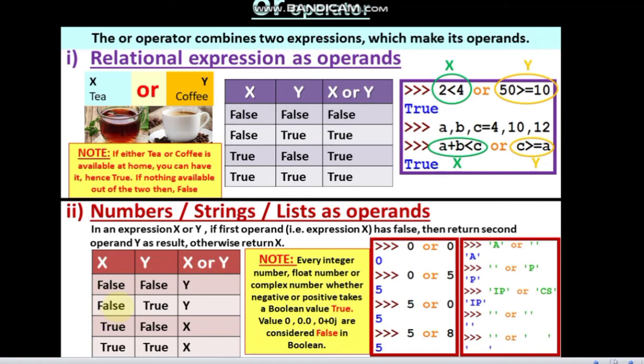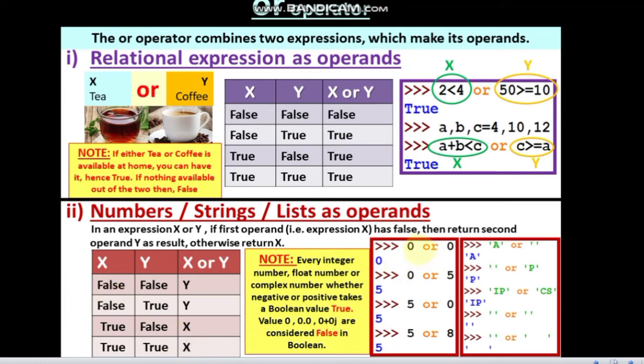If X is false and Y is true, the one which has a true value is returned. Again, here X is true and Y is false, so the value of true is returned. Over here X is true and Y is also true, but you have got a true value as X in the beginning itself, so that is why X is returned.